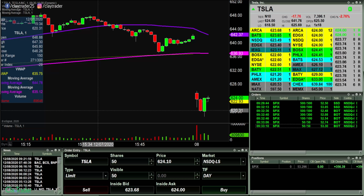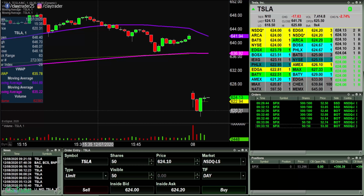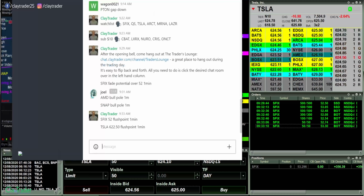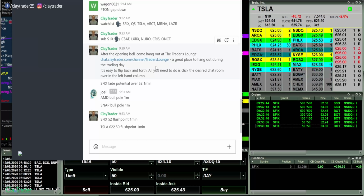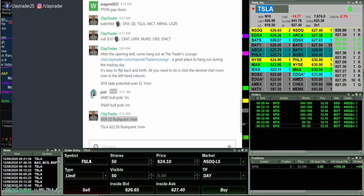Tesla 622.50 flush point. I should give a little reference point here. I kind of probably sound like a crazy person right now. If you're not familiar, I do offer a private community. So if you heard typing or heard me kind of talking to myself, I'm just making these alerts right there. So right there was that 52 flush point that I ended up missing for the potential second trade there. In fact, on that note,